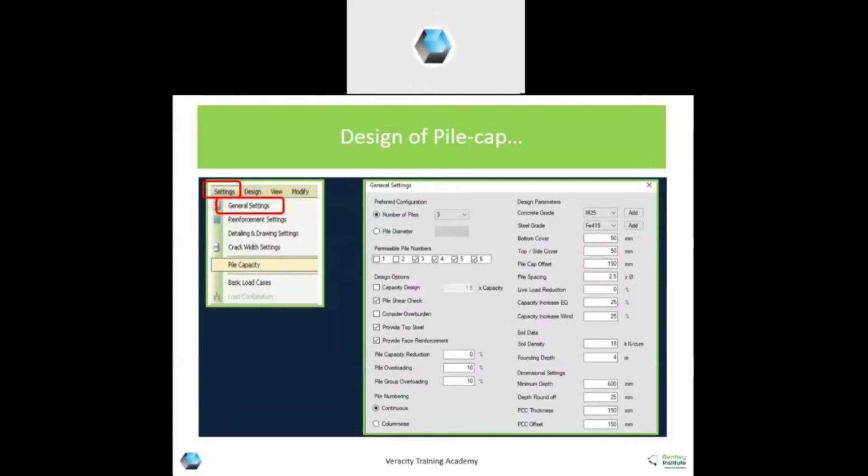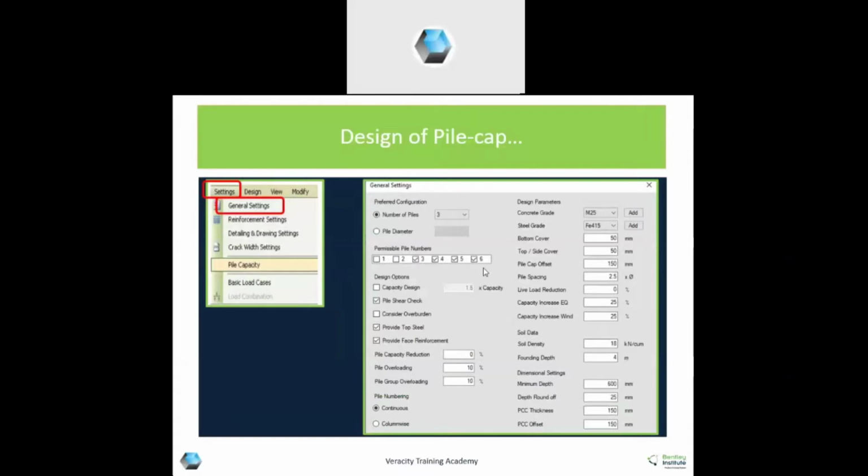General settings. In general settings, you have to give your preferred basic configuration. Either you can give the number of piles or you can give the pile diameter. Permissible pile numbers are 1, 2, 3, 4, 5, 6.